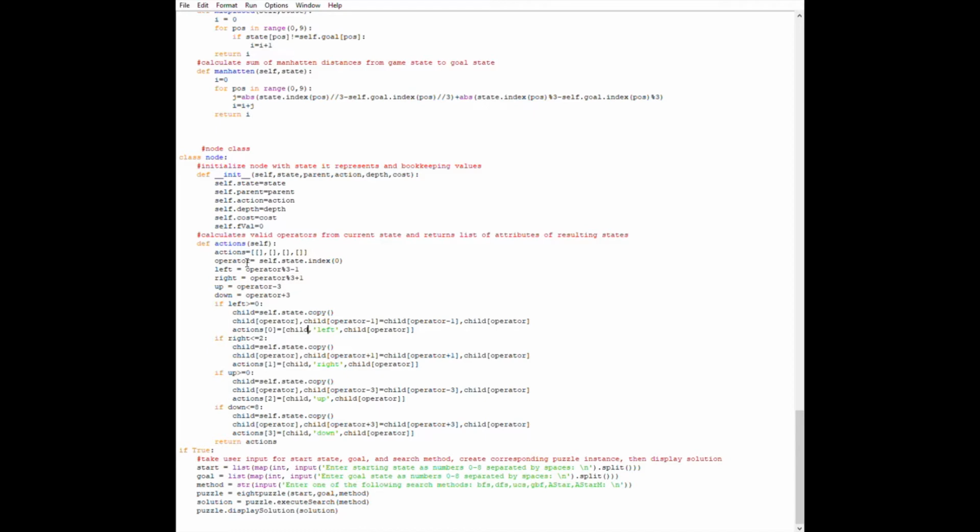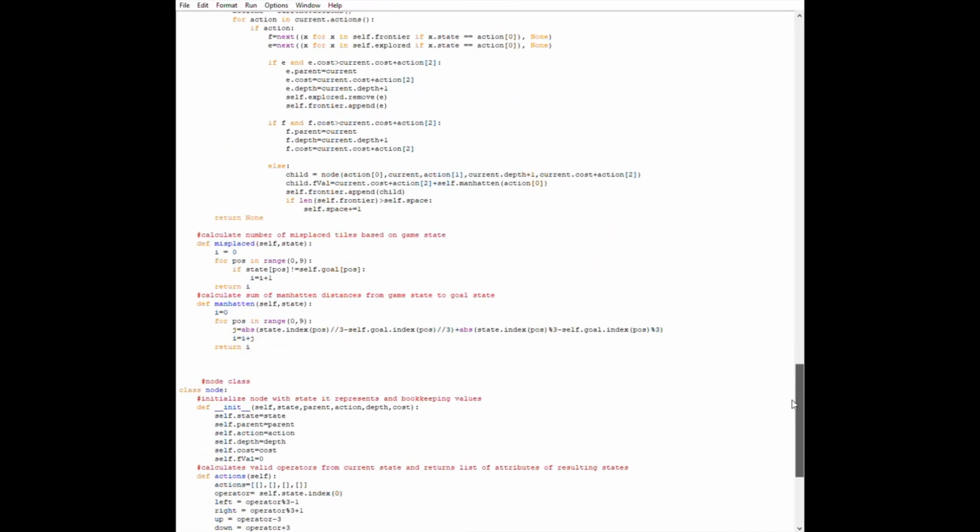mathematical operations on that index. So basically, adding 1, subtracting 1 moves it left and right. Adding 3, subtracting 3 moves it up and down. And if those operations don't put that index out of bounds, then it is a valid action, and we pass the information corresponding to the child node generated by that action to our